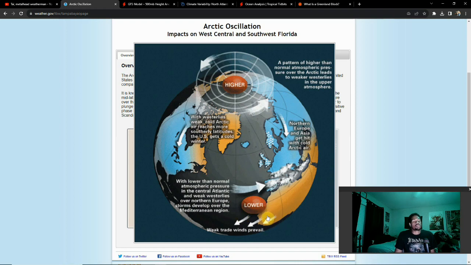And you want those weak trade winds, because that usually results in weak and less wind shear, which is great for hurricanes. You don't want strong wind shear. It's kind of different with tornadoes. It's kind of the opposite. Also, with the higher pressure existent over the Arctic Circle, we can often see much more cold air being existent across parts of northern Europe and Asia. So it could be a colder winter as well.